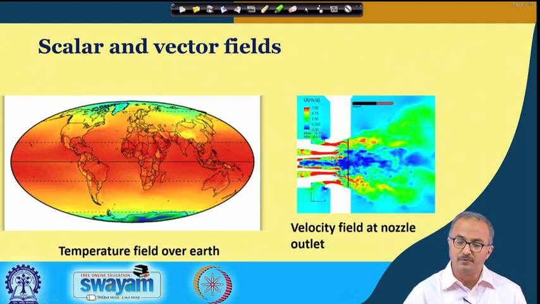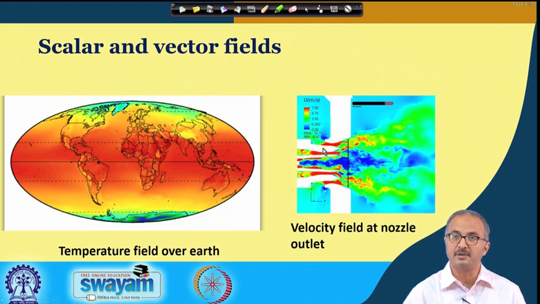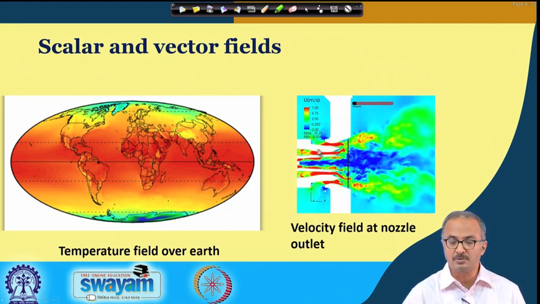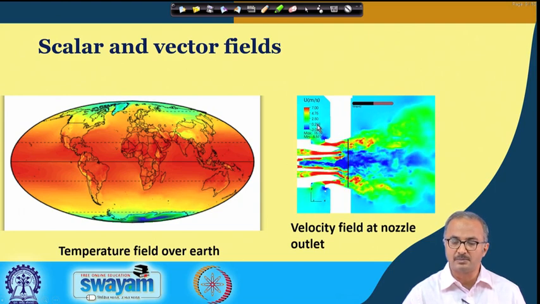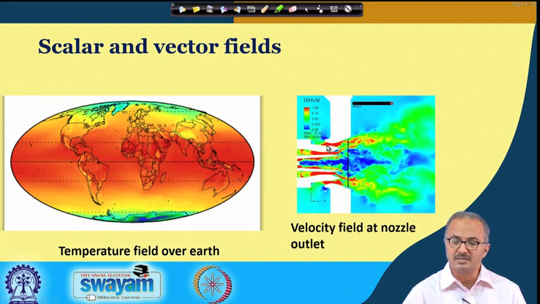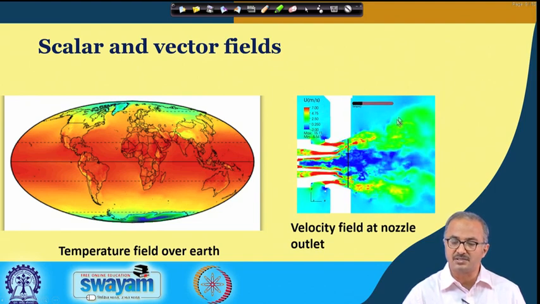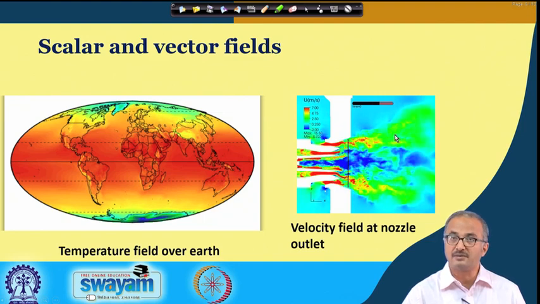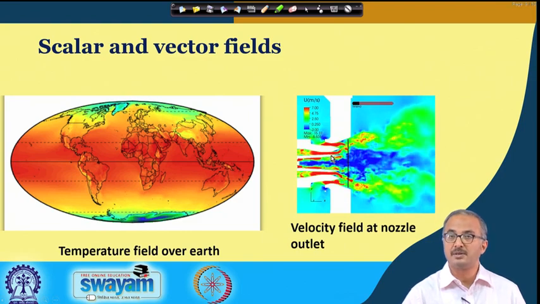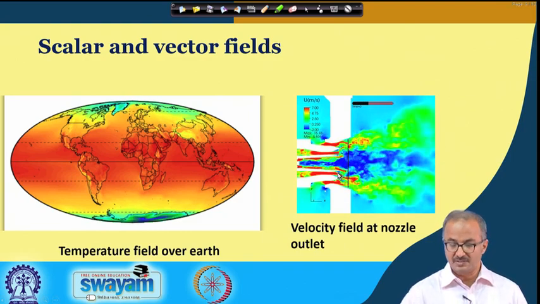You see that some gas is coming out, and that generates thrust, which propels the satellite in space. If you can measure these velocities or model them, you find this kind of velocity distribution, and you can read some of these velocity values. They are given in meters per second, and you can see that it is not only the magnitude but also the directions, and they are spreading. So these values are different and their directions are also different. This is a typical example of a velocity field.